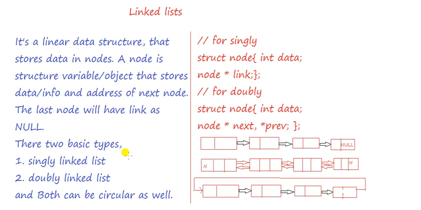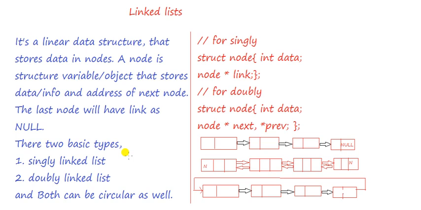So if there is a requirement like very frequent operations at the front as well as at the rear end, then you don't need to traverse at all if you use a circular list. If you use a non-circular list, to add a node at the end, you have to traverse the entire list and reach the end. But with a circular list, you have the address of the last node in your hand. That's why you can add at the end, and you also have the address of the very first node, because the last node has the address of the first node. So you can add at the front also quickly.